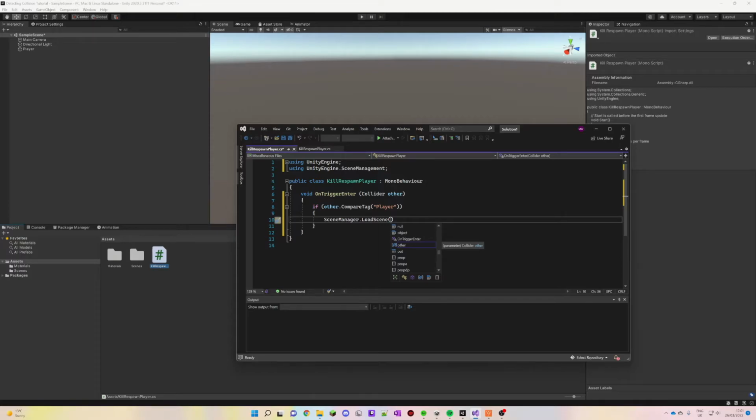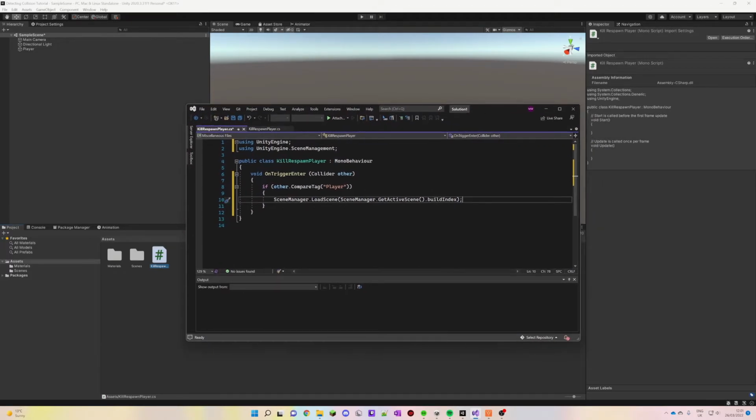And the best way of doing that is by going SceneManager.GetActiveScene().buildIndex. And so whenever anything hits, it will try to run everything in this function, and the thing that is in this function is we just check for the player tag, and if the thing that hits has the player tag, this scene gets reloaded. So we want to save this, go into Unity,